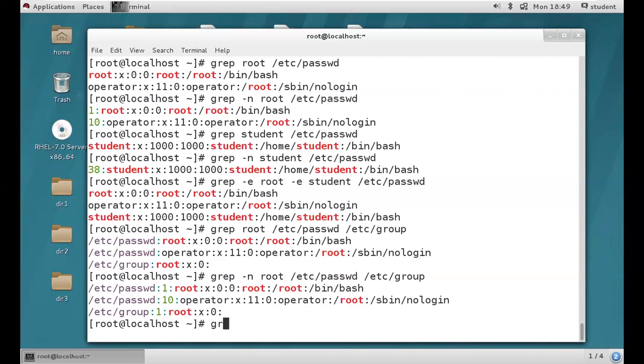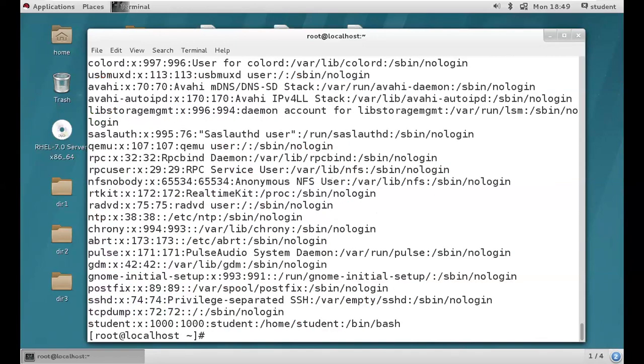Then how? grep -v is the option. V means excluding that particular word. Root is a word we are avoiding. We should not print root word lines from the /etc/passwd file. See, guys, it will print each and everything apart from root.